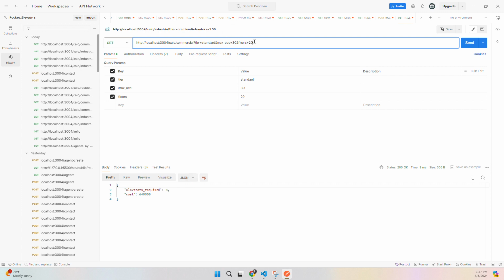Now if I change this to 20 and increase or decrease the max up to 15, the price has gone up. I can't remember if it's gone up or gone down, but I believe it's gone down. And the number of elevators required is now 6. And likewise, if we try